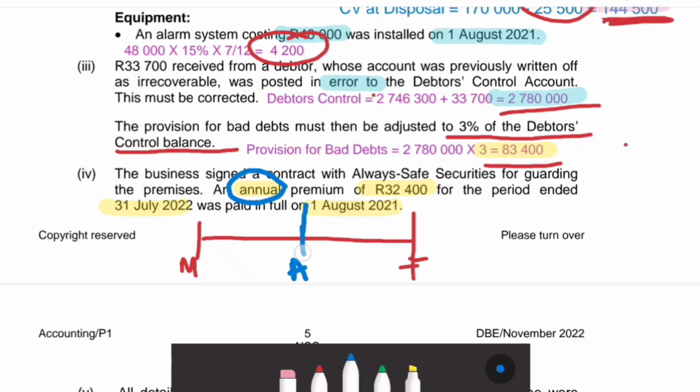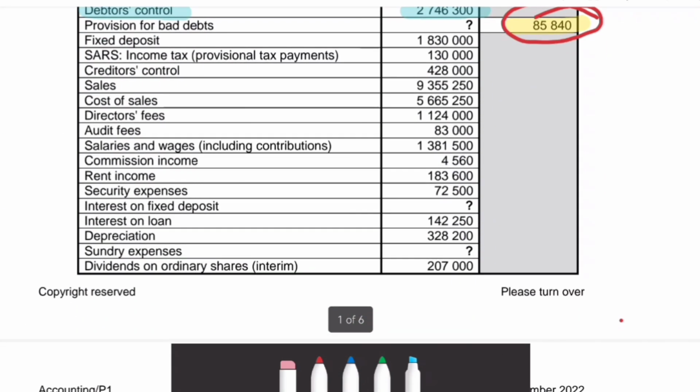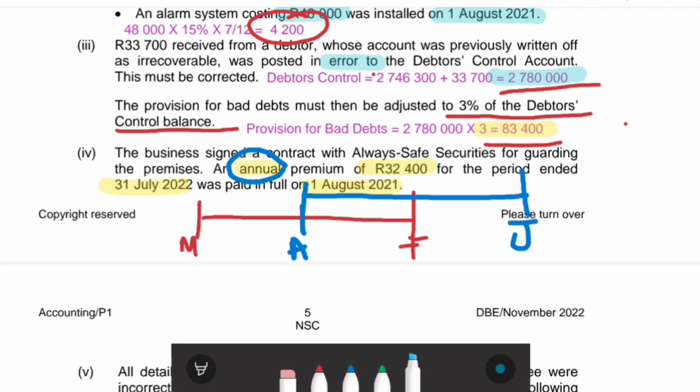So if we draw a timeline for the securities expenses, we have something like this. Because this annual premium was paid during the financial year, it means that it's also included in the securities expense on our list of balances. If you go here, you'll see we have securities expenses for 72,500. We only want to reflect what falls in our financial year. So we want to keep this portion. It's in our financial year, and we want to get rid of this portion from that